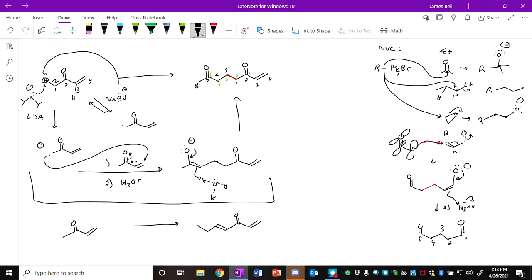Yeah, so that's a good point, Amy. We could also imagine this oxygen, instead of pushing down and having the pi electrons here pick up the proton, it could just pick up the proton, which would give this product. Then the proton would be on the oxygen. But that's not really an issue because these two substances are already going to be in equilibrium, right? So the ketone and the enol